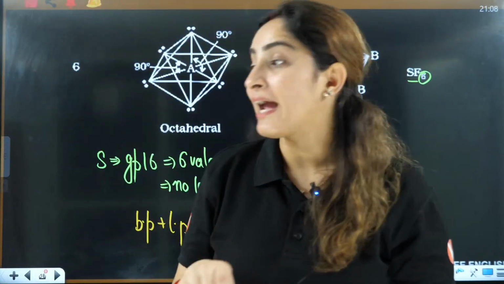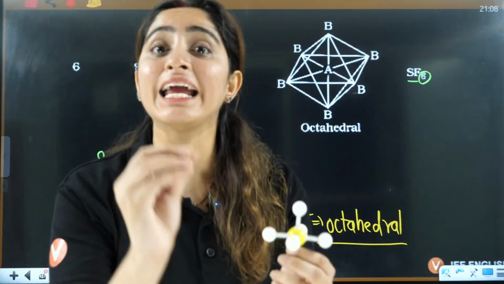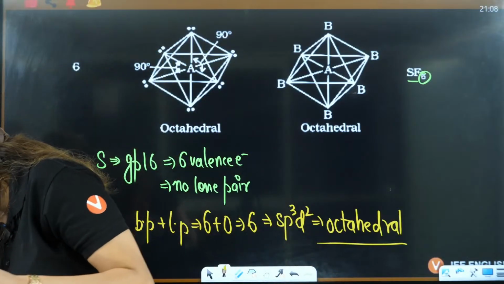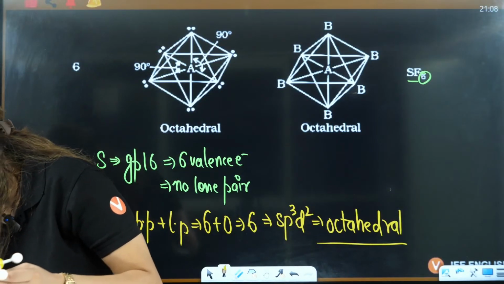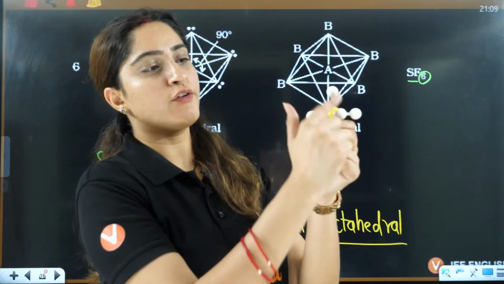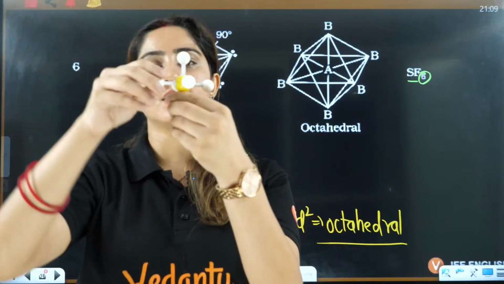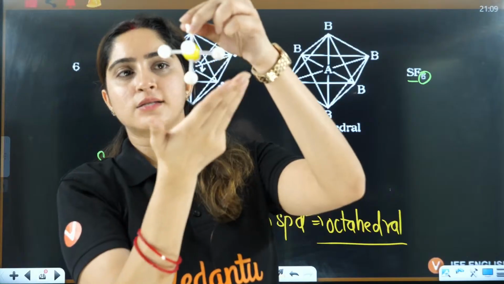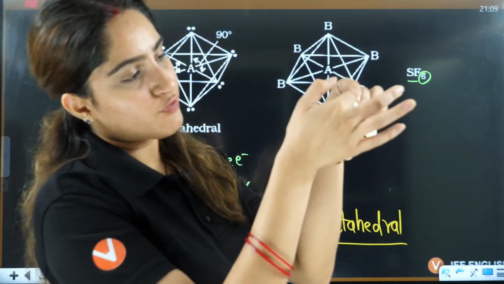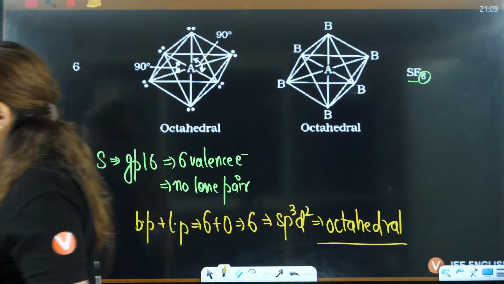octahedral. Why this is called octahedral? Because it has 8 triangular faces, right? Let me just show you if we have anything where I can actually show you the triangular faces. This is the first triangular face, second triangular face, third triangular face, fourth face, fifth, sixth, seventh, and this is 8th. So each triangle, if you see, each one is making 8 triangular faces here. So that's why it is called as